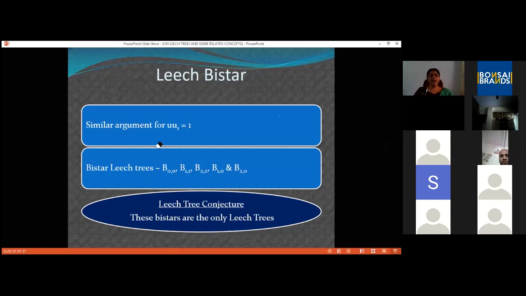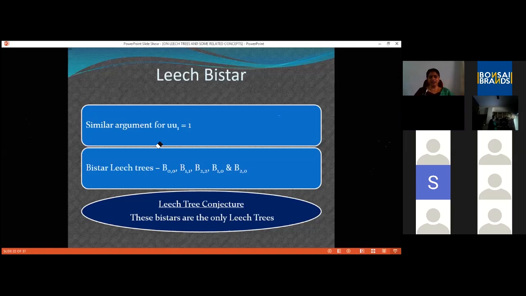So here we have got 5 Leech bistars, but they are precisely the same as the Leech trees identified by John Leech. And in particular, they are the only ones. So the Leech tree conjecture can also be restated as: these are the only bistars, or in some sense, bistars are the only Leech trees.